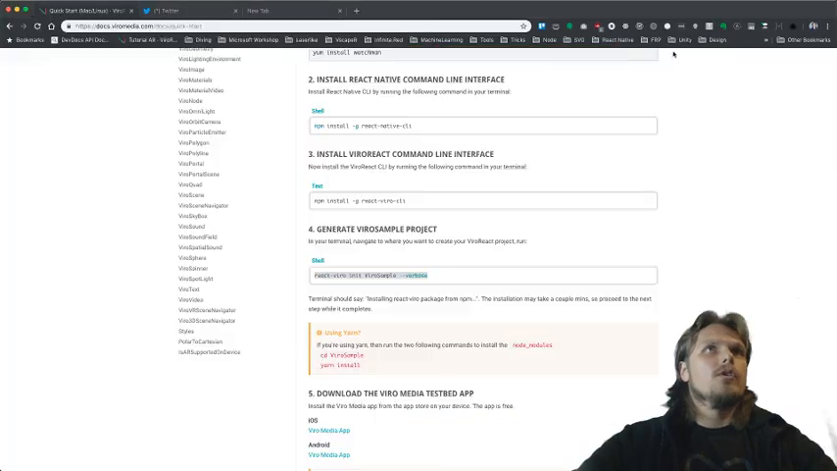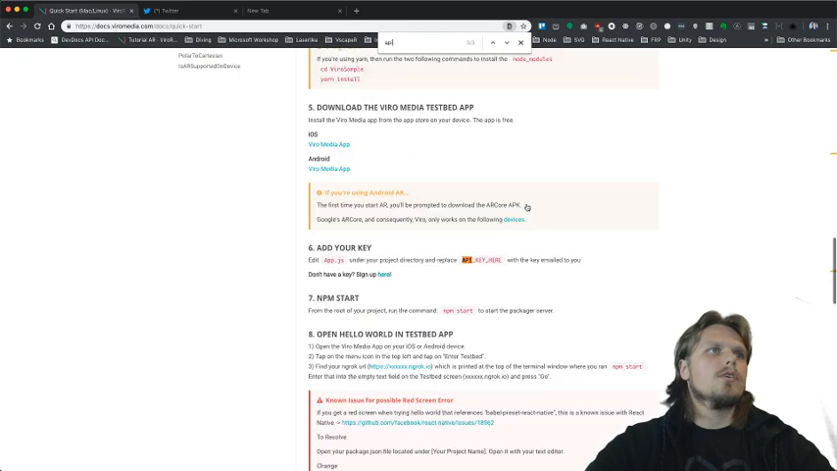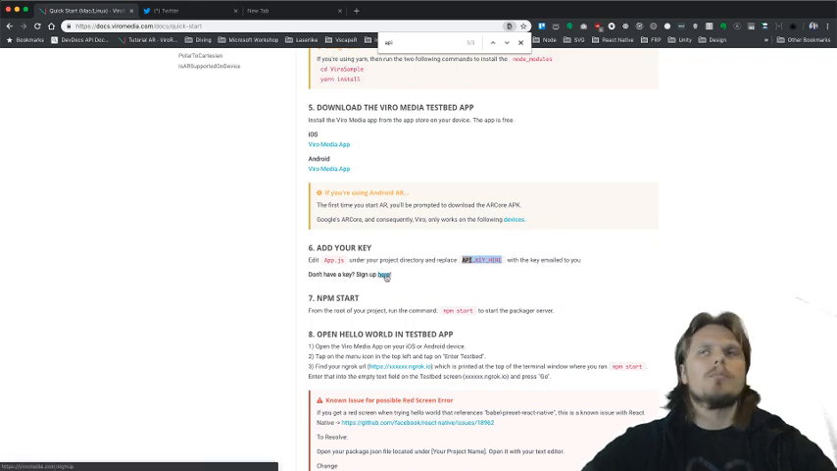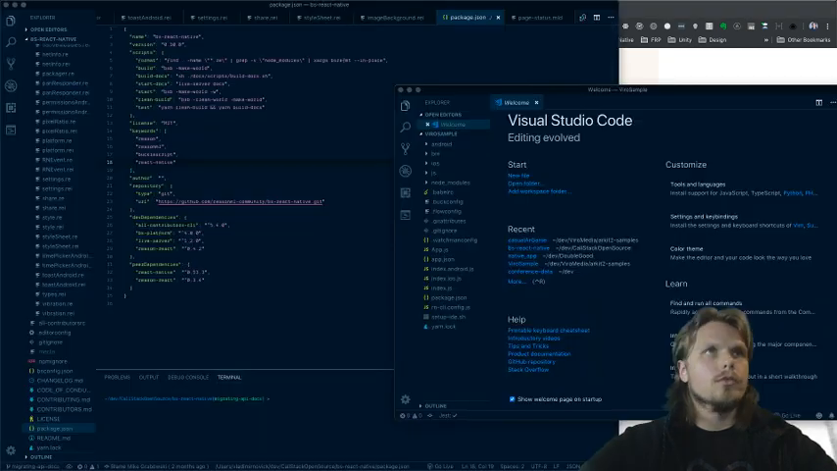If I look in the official docs, there is such a thing as putting an API key in our app.js. To get this API key, you need to sign up. It's free. There is no pricing model for now for Viro. But what I have to do now in order to make it work,